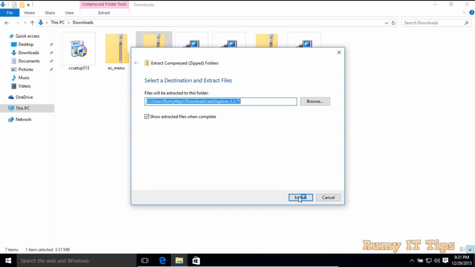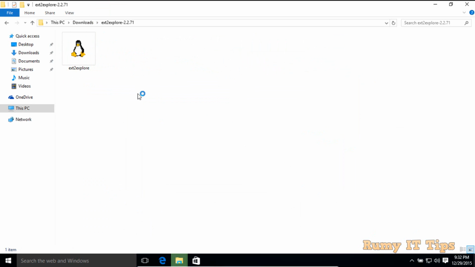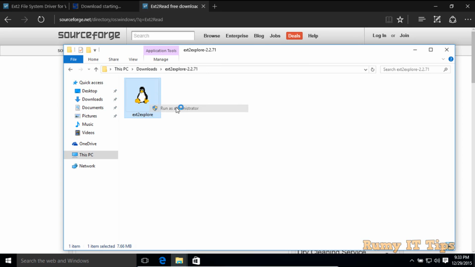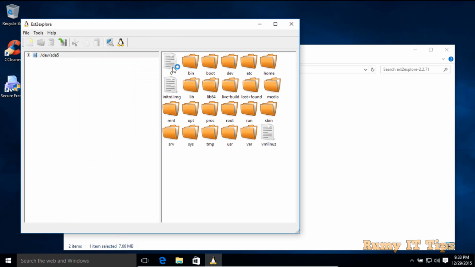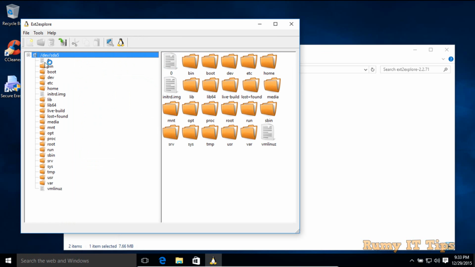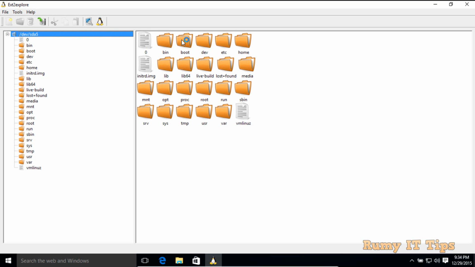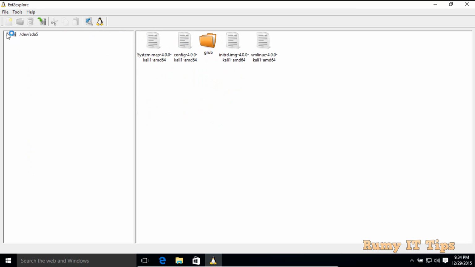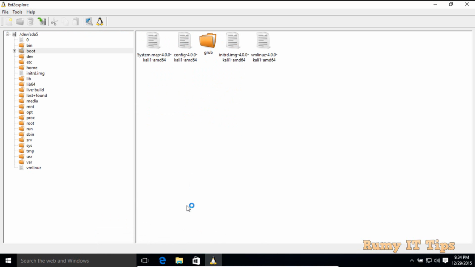After extraction, run it as administrator. If you find any problem, run with the compatibility option. As you can see here, now it is showing my drive, and I'm able to view all the files in my drive. The view is different compared to ext2 explorer, but you are able to view your drives from this also.